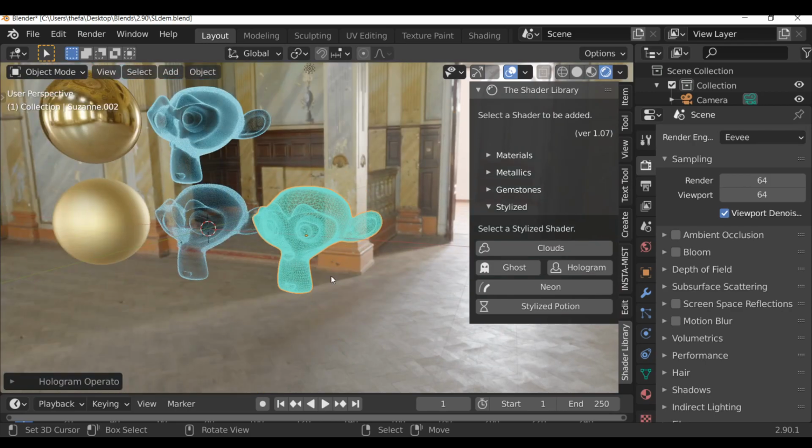So yeah, that's version 1.7. I guess it's not really a major update, there's a few changes. Hopefully it speeds up your workflow and makes your job easier when adding these materials in.